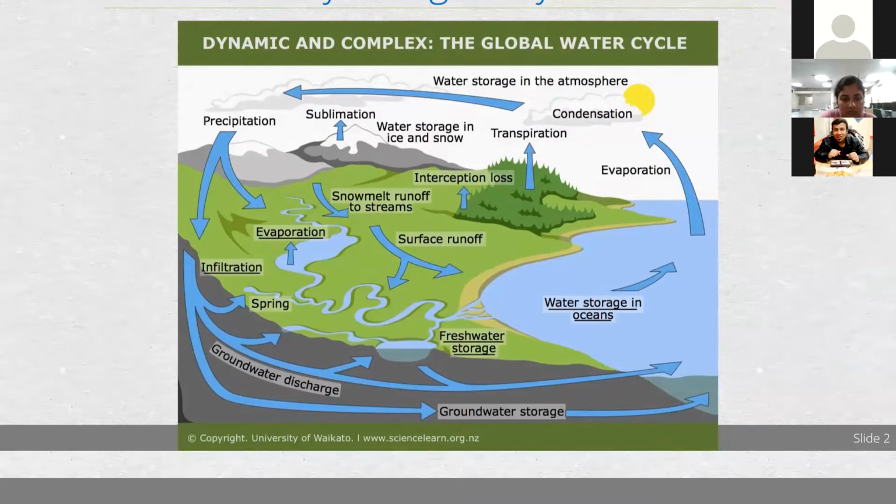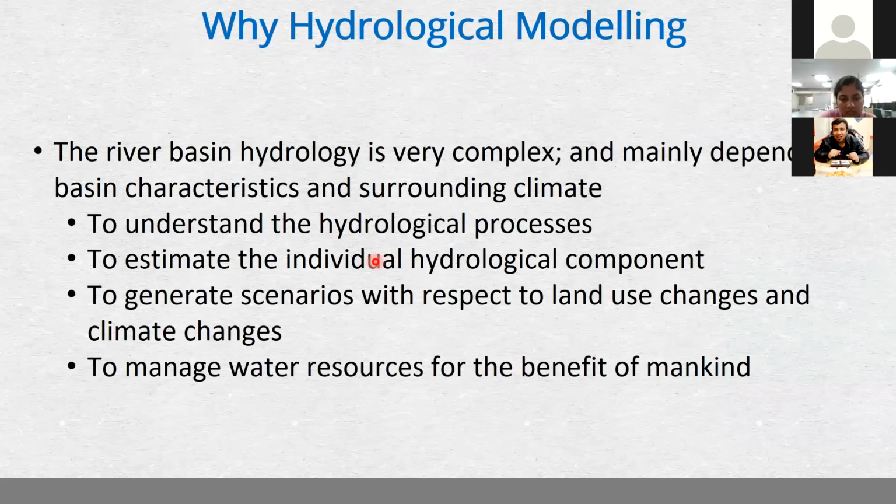The first question that arises in our mind is why we need any type of hydrological modeling. First of all, river basin hydrology is very complex, and it mainly depends on its basin characteristics and surrounding climate. So to understand the hydrological process, we need to do some type of modeling, to estimate the individual hydrological components, to generate scenarios with respect to land use changes and climate changes, and to manage the water resources